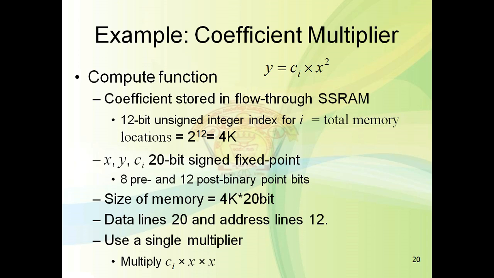The first example is in your prescribed book, example number 5.1, about the coefficient multiplier. What is that example? Design a circuit that computes the function y equal to ci into x square, where x is the binary coded input value and ci is the coefficient stored in a flow through SRAM. X, ci, y are all signed fixed point values with 8 pre-binary point and 12 post-binary point bits. The index I is also